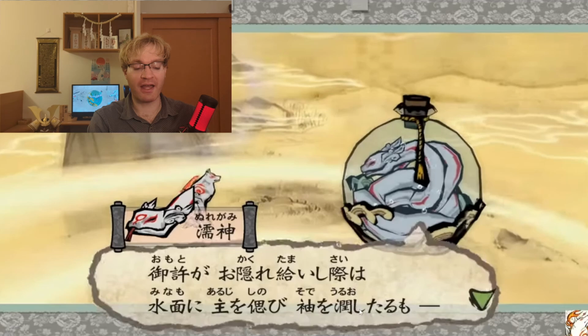Uruoshi. So then we can add, and the reason why we do the connective form is so we can add this auxiliary verb taru, which the ending form is tari, okay? And it is an auxiliary verb. Again, it doesn't really have meaning by itself. However, what tari means is to do a thing and then to continue doing it, or to do a thing and then have it be in that state that continues. So in English, you can sometimes translate it as a past tense and sometimes as an ing, like playing, or in this case, dampening my sleeve, or dampened my sleeve. Those are two different ways that you can translate this.